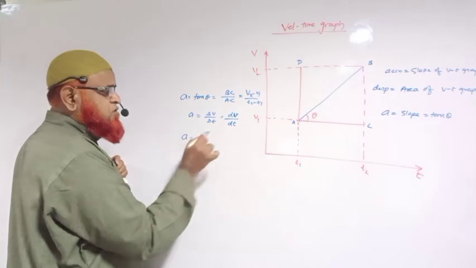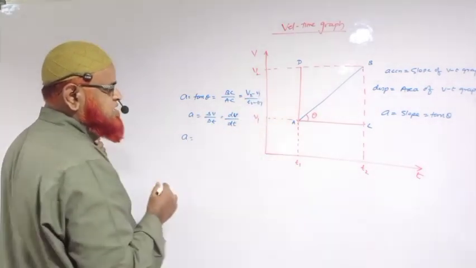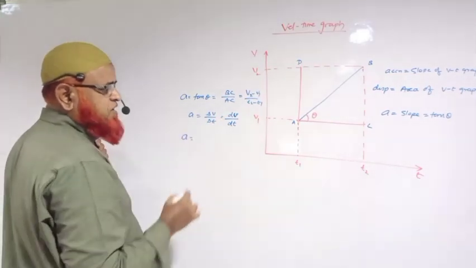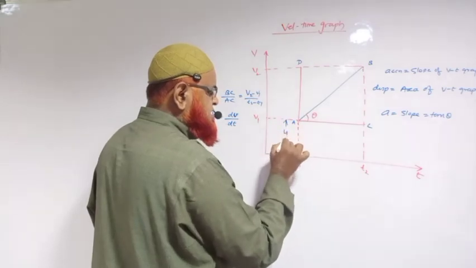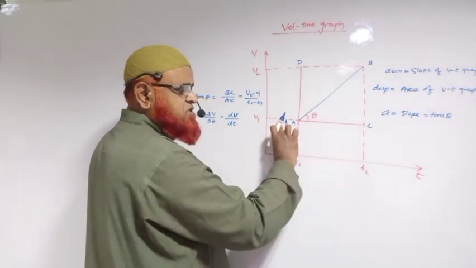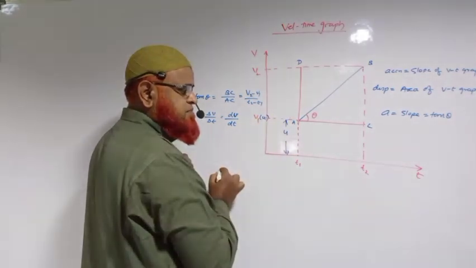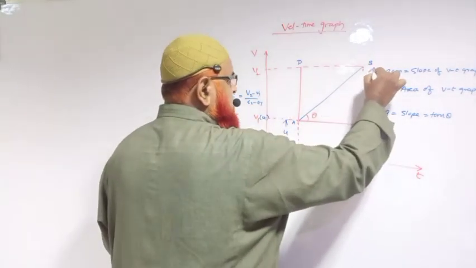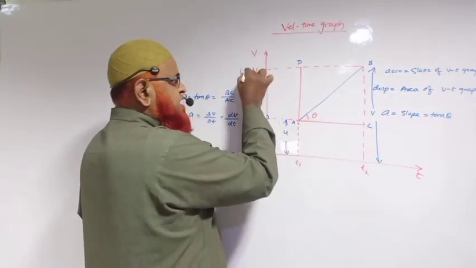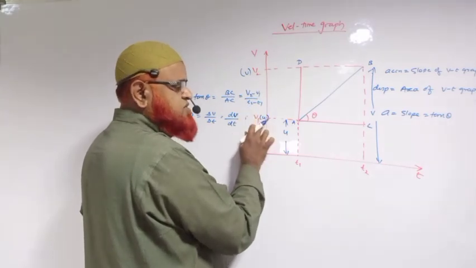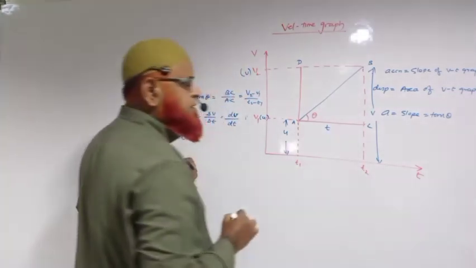So acceleration is equal to delta V by delta T. Just see, acceleration you have to find out, no? So I will take this point from here to here as initial velocity. From here to here it is taken as initial velocity, let us imagine. And from here to here, let us imagine it is going to be the final velocity. This is considered to be final velocity, this is considered to be initial velocity, what I have said here. And from here to here it is imagined to be a time t.